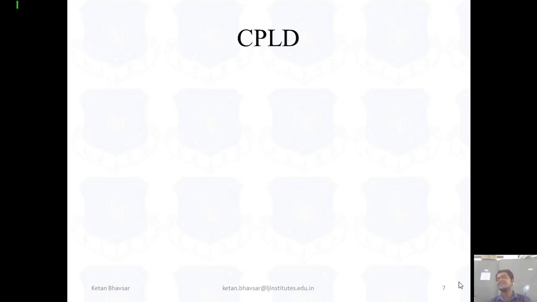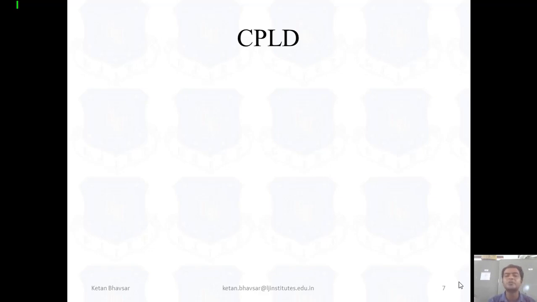Now the next topic is the CPLD and FPGA. We already worked on the FPGA, what an FPGA is and how FPGAs actually work. And we already learned the VLSI design styles. These are the 4 design styles: full custom, semi-custom, standard cell, and FPGA. Now what is CPLD?